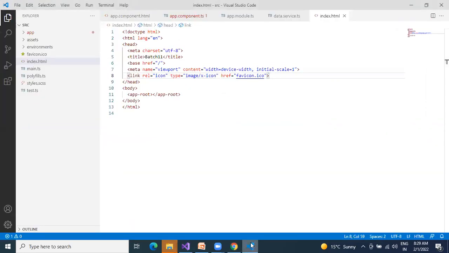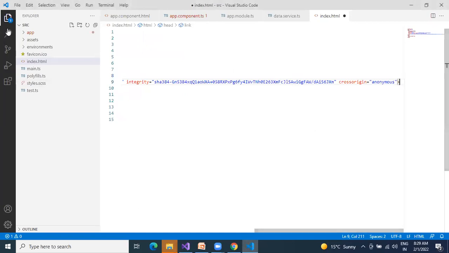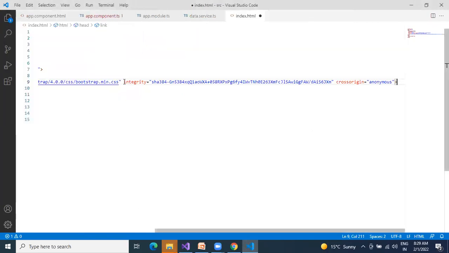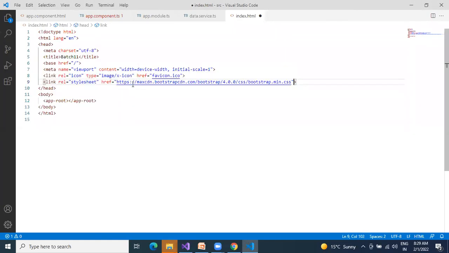So now I'm going to explain how to give the third party references. This is the way you can give a third party reference. In real time, we don't have any third party files; always we are going to download them, correct? So how to download? Can somebody